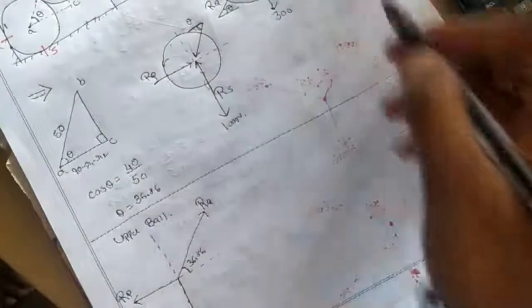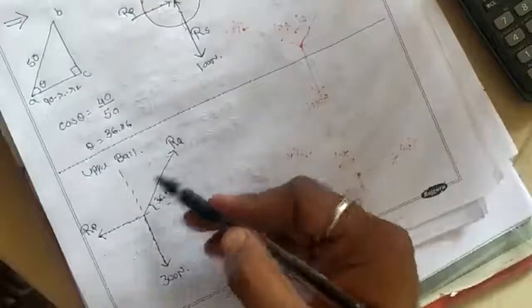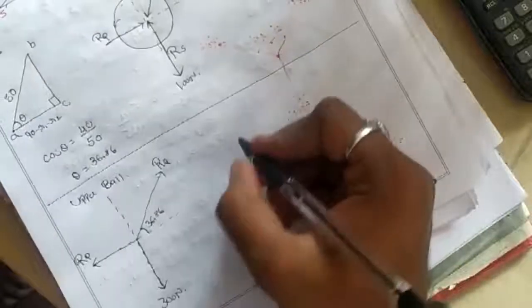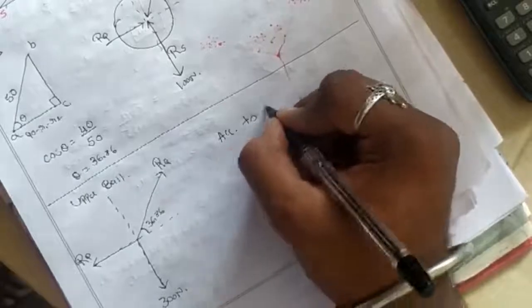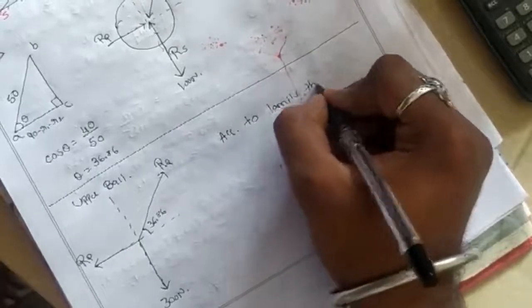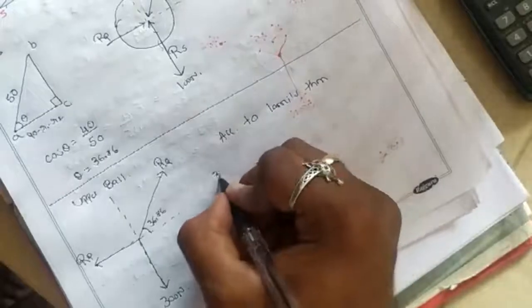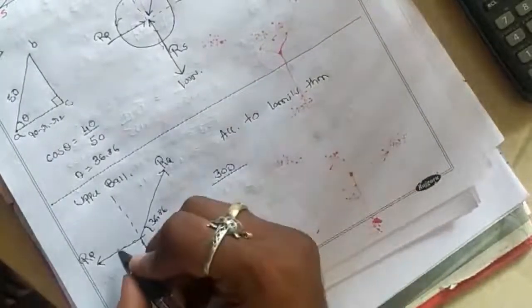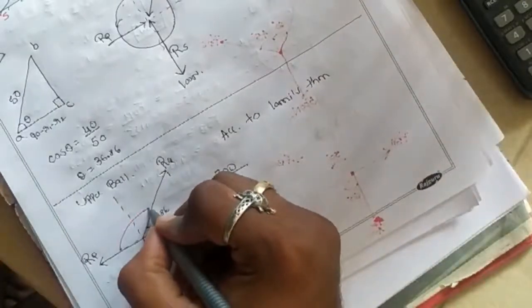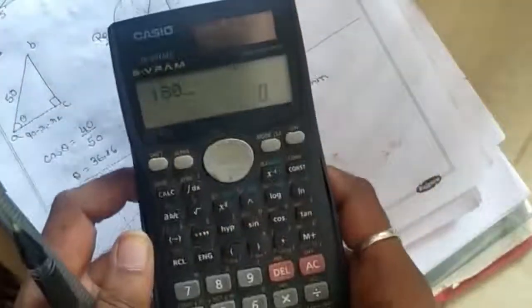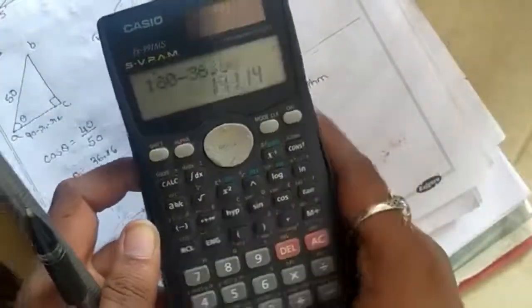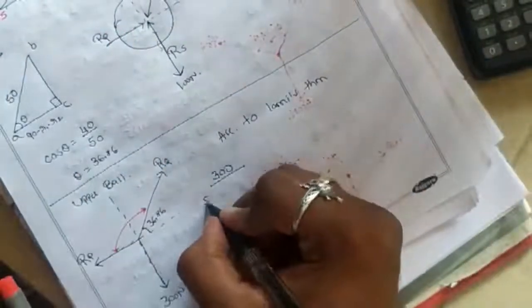Now 1, 2, 3, as there are only 3 forces, you can see here 1, 2 and 3. As there are only 3 forces, we can apply Lami's theorem, or else you can apply summation of x and summation of y. I'm using Lami's theorem. According to Lami's theorem, first I will consider 300. 300 divided by sin of the angle between the other 2 forces. That means I want this angle. From here to here, this is 180. 180 minus 36.86, the answer is 143.14. So sin 143.14,